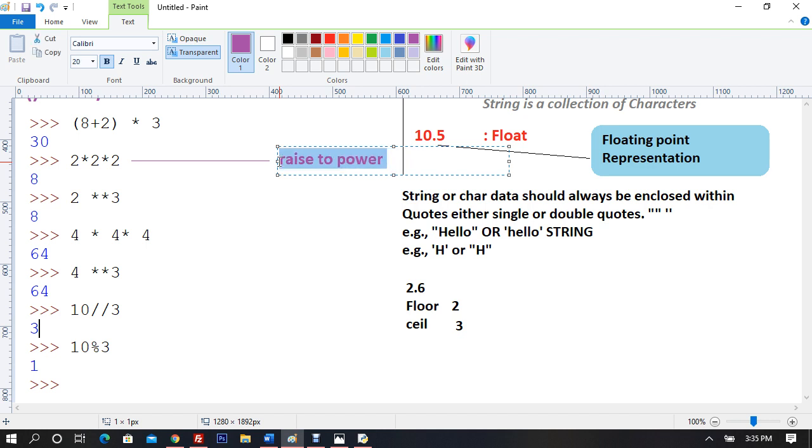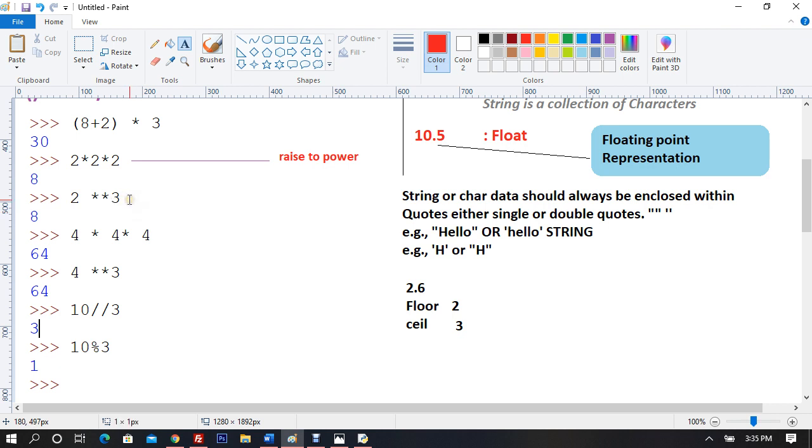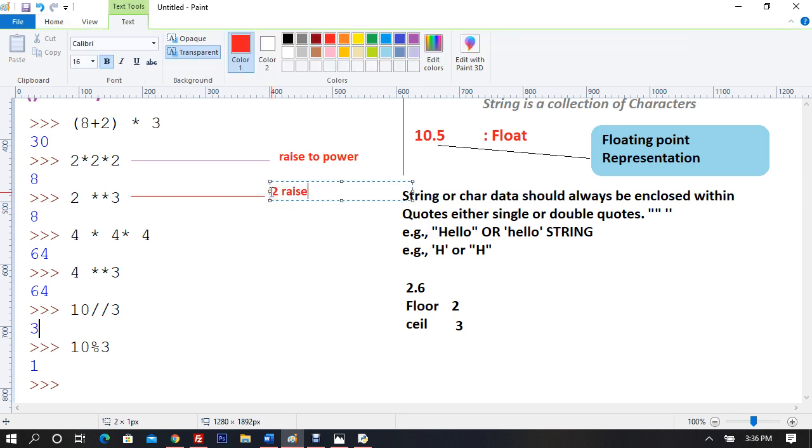Now it's as simple as anything. This means 2 raised to power 3. So I will say 2 raised to power of 3.